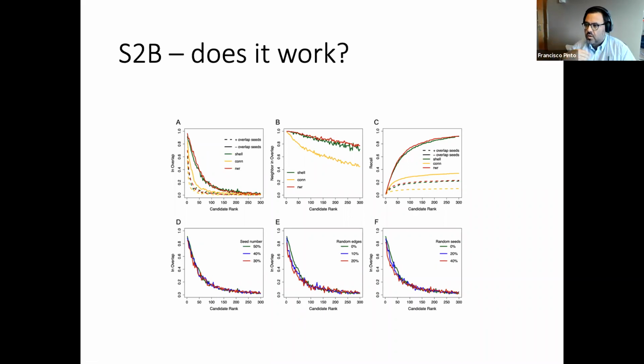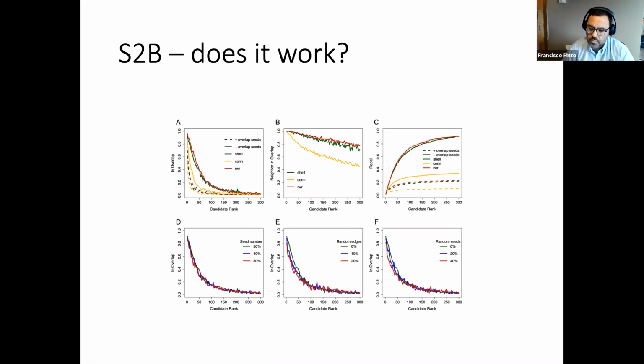So we selected random genes to be part of the disease modules, and our method is robust in part because we are only selecting the genes that are in the overlap, that are many times in the shortest paths linking the two disease modules, and this fraction of random seeds was not enough to balance. Probably the shortest paths linking these random seeds were scattered around the network, so they wouldn't affect the ranking